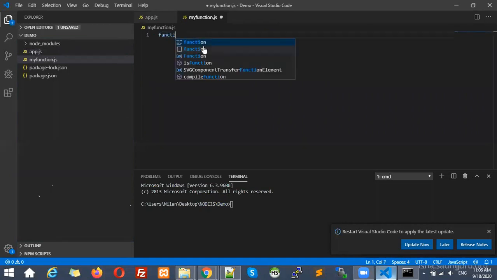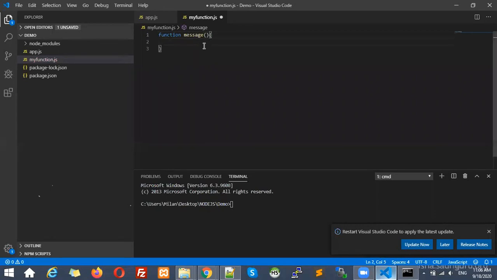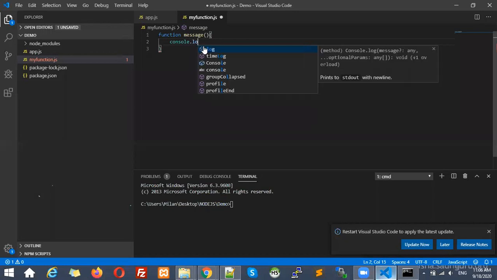For example, I'm going to create a function just like you create in JavaScript, right? So function and function name, for example, message, and after that I'm going to create its body, and in the body I'm going to write console.log.